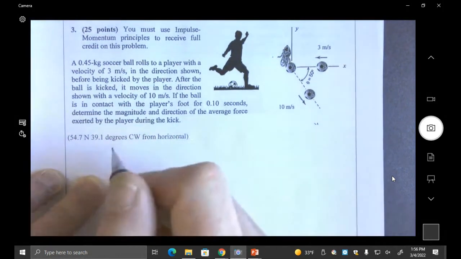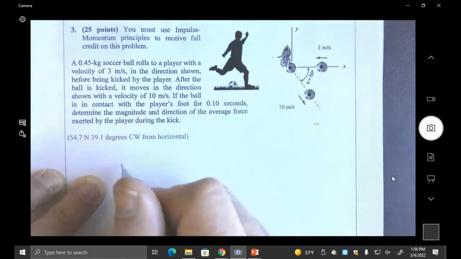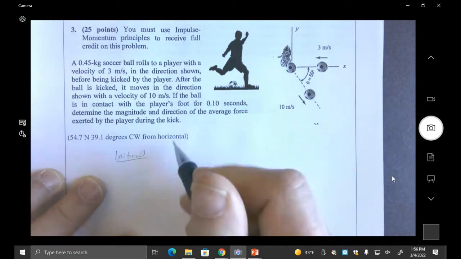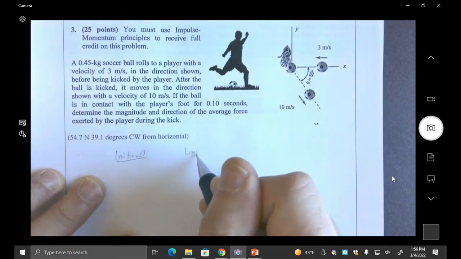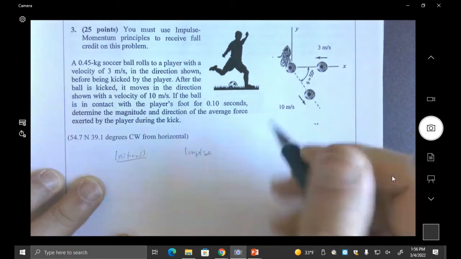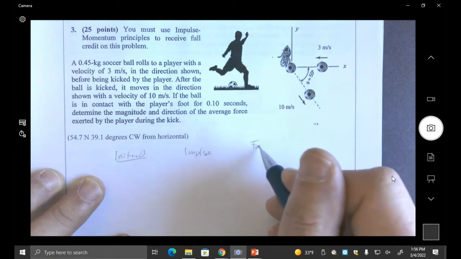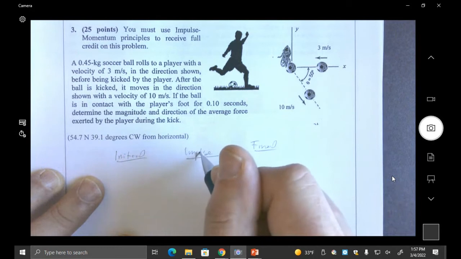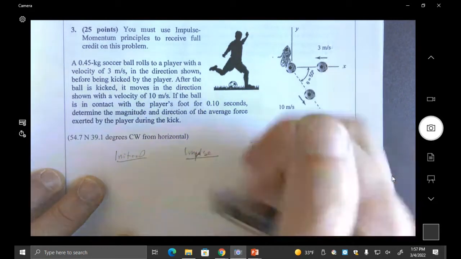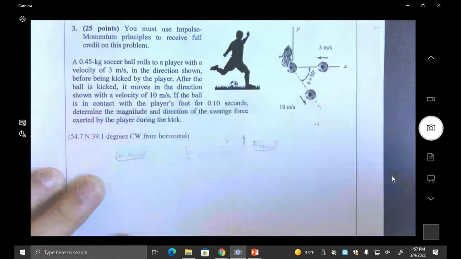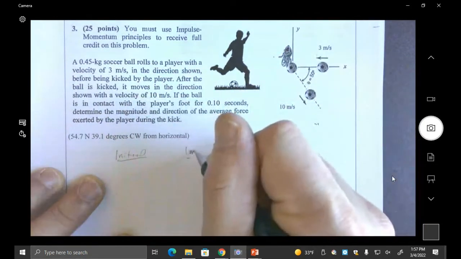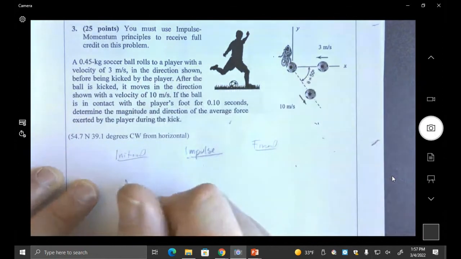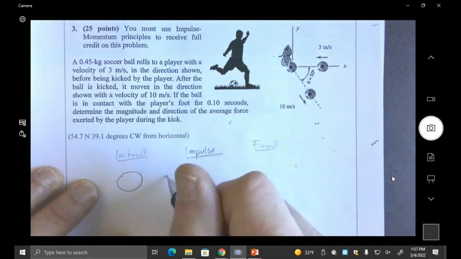So looking down on this thing, I think we're going to draw an impulse and momentum diagram. So we have initial, we have impulse, and we have a final. It kind of says impulse. Don't necessarily have to be spelling; spelling is not on this exam. So I have this ball,